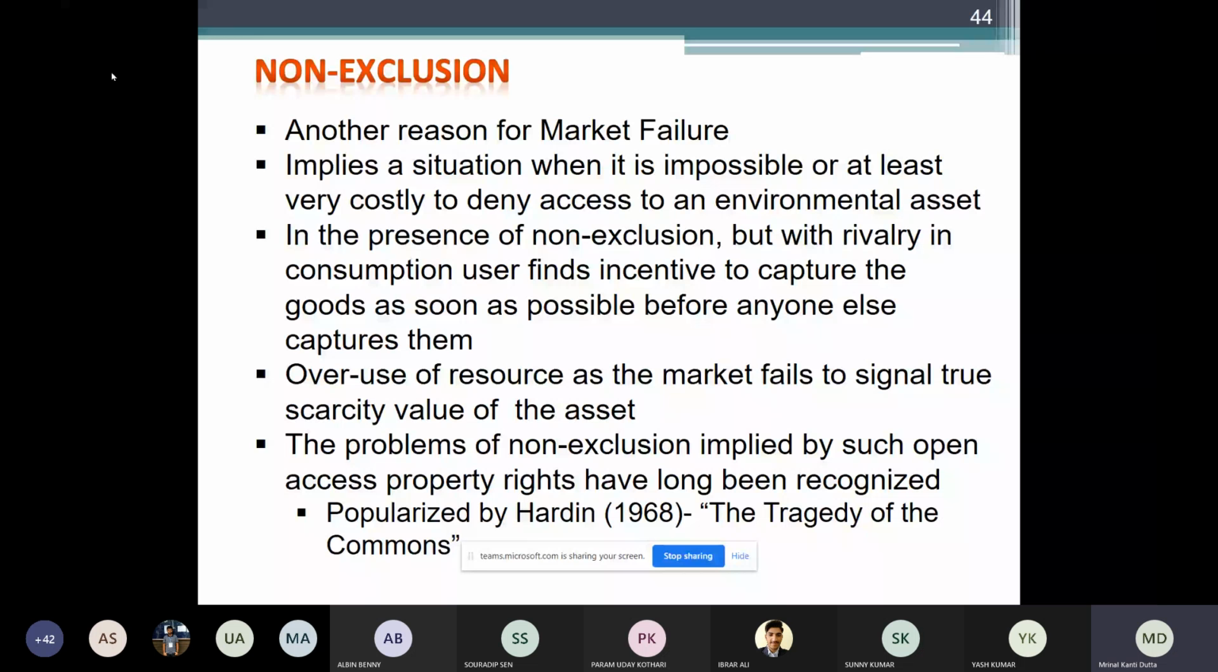a concept which was popularized later on by Garrett Hardin, when he talked about this concept as the tragedy of the commons, which was published in 1968. So the market forces fail to signal the true scarcity value of the resource in the case of non-exclusion and rivalry in consumption. So in that case, if nobody can be denied,